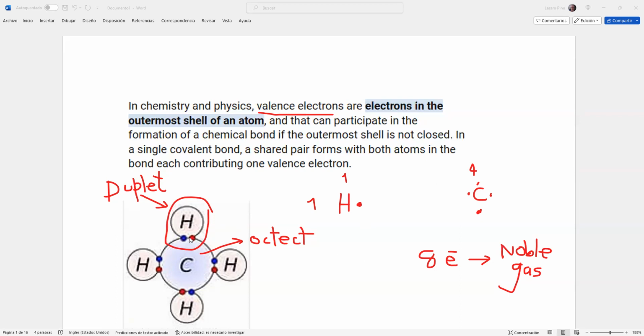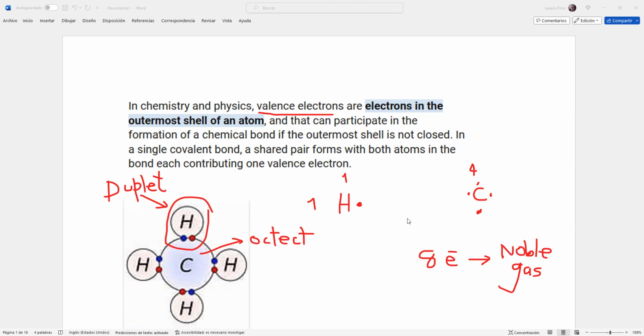They share these electrons. In the case of hydrogen, they make a duplet in each case, and in the case of carbon, this carbon gets the octet. All the atoms try to get 8 electrons around it. That is what we call the octet rule, because it's the noble gas representation that is the most stable structure